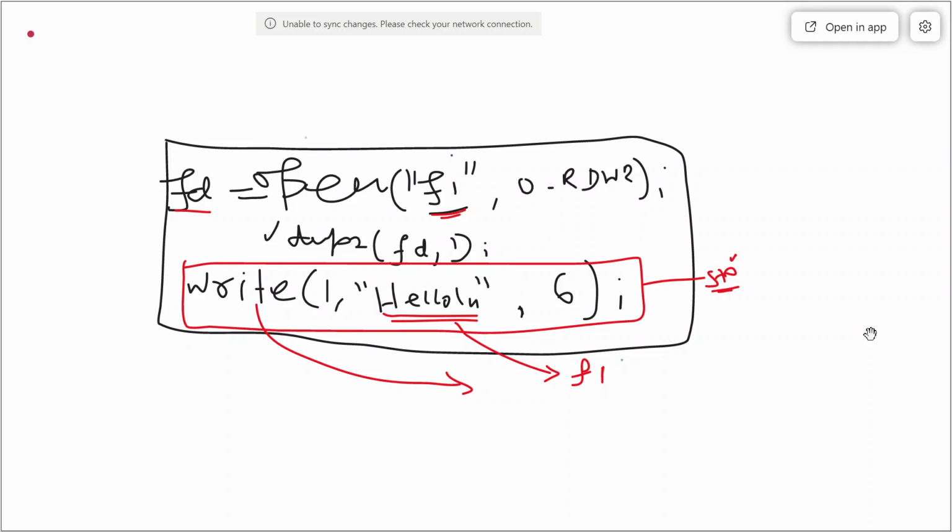By default, file number 1 represents the standard output, but due to this dup2 function, file number 1 is now representing F1. So whatever content I write to file number 1 will go to F1, because here 1 is going to be closed, and the FD value is going to be copied in 1.